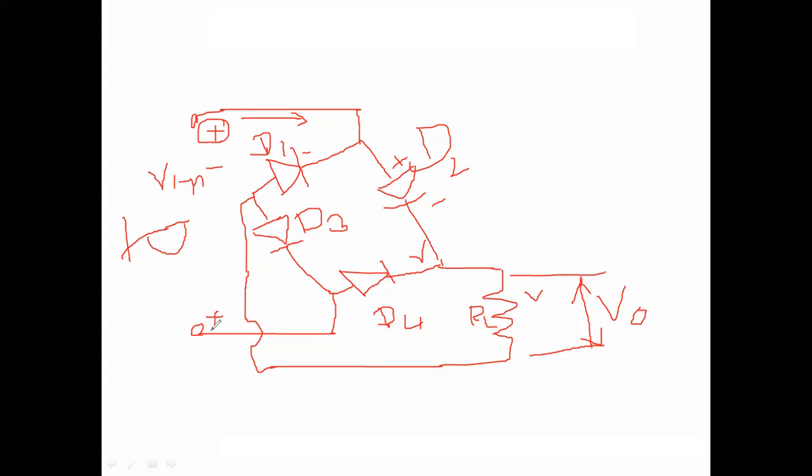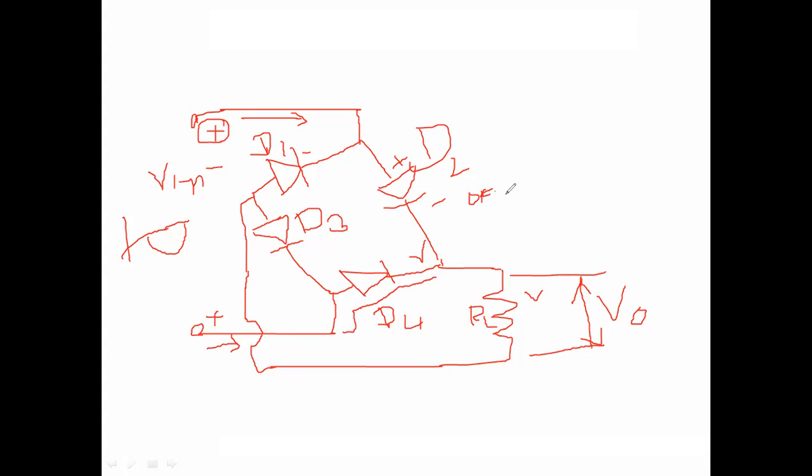Okay, and from this point, from the positive point of view, you will see this is the positive terminal. From the positive terminal, this voltage is connected to the positive side of D4. So this diode will be forward biased and D3 is reverse biased. So D4 is forward biased, that's why this diode will conduct. The current will flow through this point. And coming to here, this is negative and the applied voltage is positive, so diode D2 is off. No current will flow.